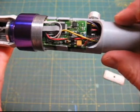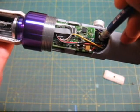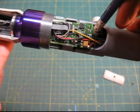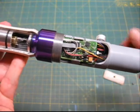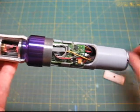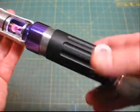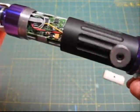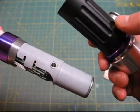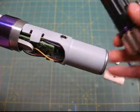It's very challenging to get this one because there's so much packed into this saber. So it's a little tricky to make changes to it, but then you'll need to position it again with needle nose pliers and click it back in with your pencil. Remove the kill key, you get the boot sound, you know that it's secured properly, and of course you can then gently line up this again. Now, if for whatever reason the hole in the saber doesn't line up with the hole in the recharge port,